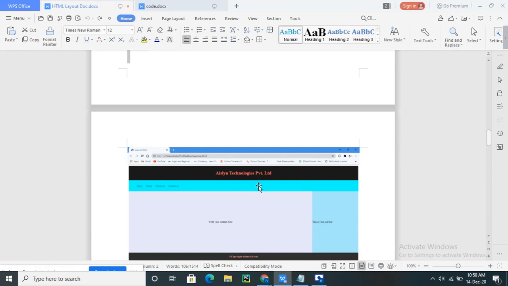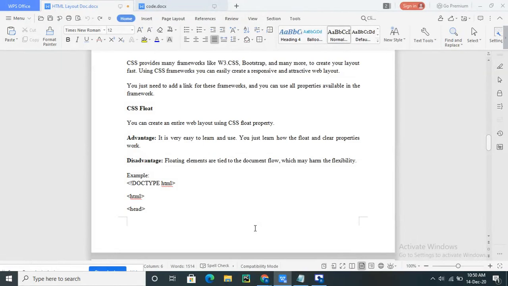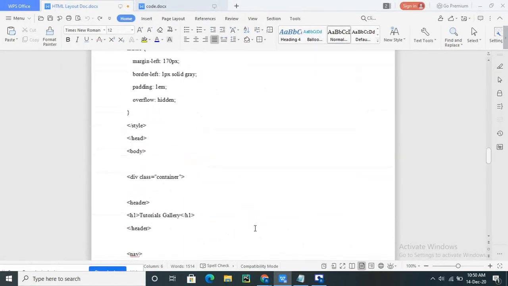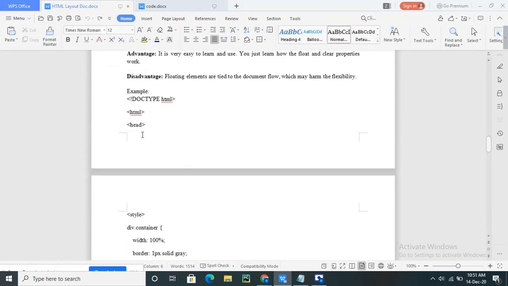Next we will see the CSS framework. By using a CSS framework, it will be more attractive. The advantage of CSS is that it is easy to learn and use. When we apply the CSS properties, it becomes more interactive. Now we will see this example. I will copy and paste.